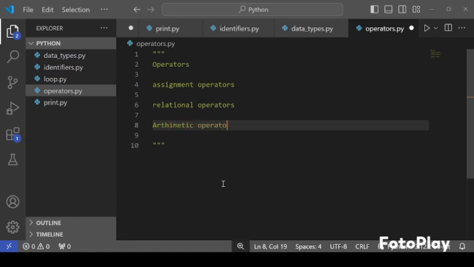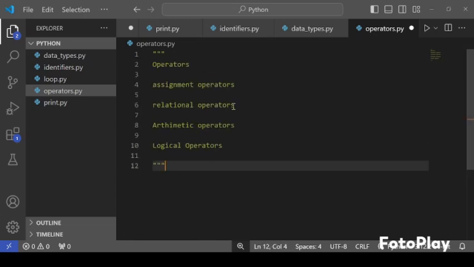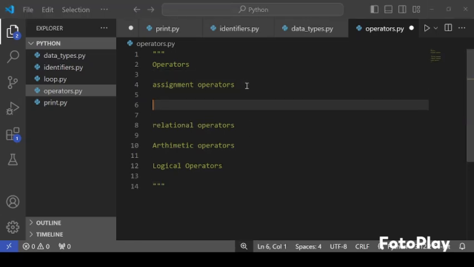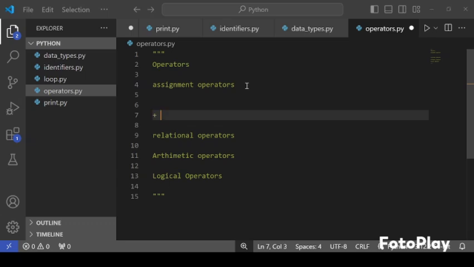Operators and logical operators. So there can be many types of operators: assignment, relational, arithmetic, logical operators. Now in all of these operators there are many things. Like in assignment, when you want to do some addition, subtraction, plus, minus, division, if you want to multiply,